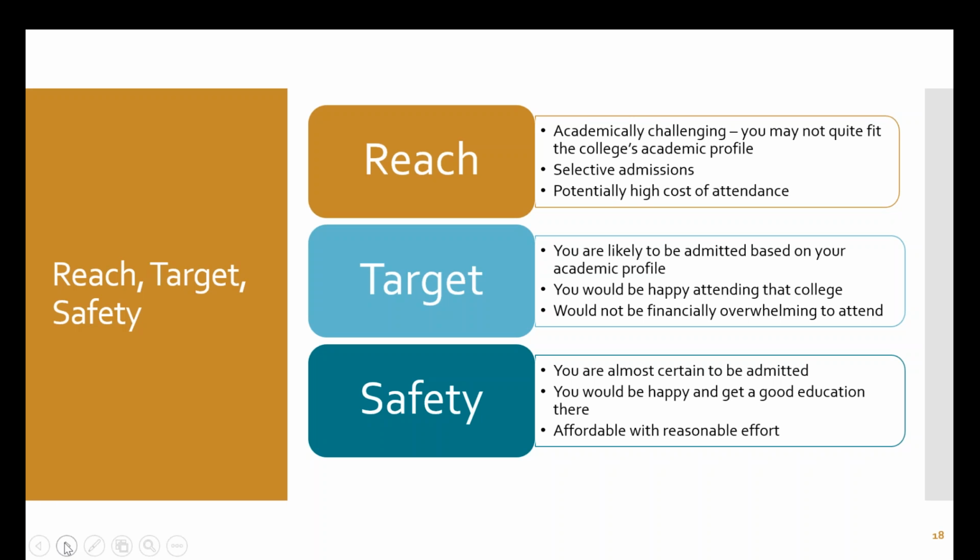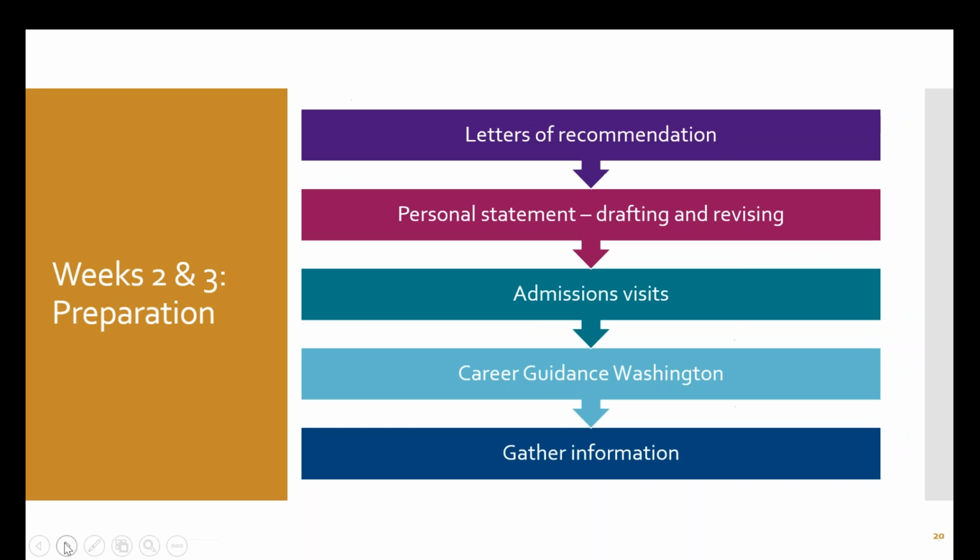And the reason why a reach, target, and safety is important is because now that the financial aid applications come out October 1st, some of those award letters are going to start coming out sooner for schools, and we want to make sure students can assess their award letters in the decision process before committing to a school. By having multiple options, they might find that a reach school they thought was prohibitive with high cost might be more affordable because they got offered more scholarships. They want to be able to assess that as part of it. And so having more options gives them more to choose from.